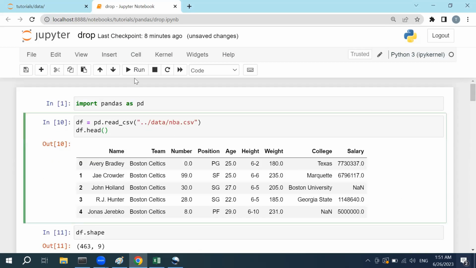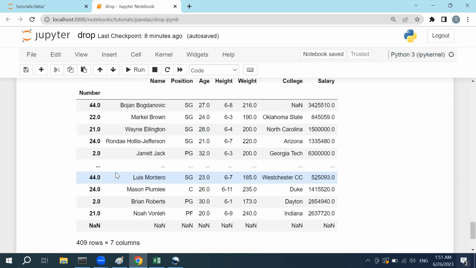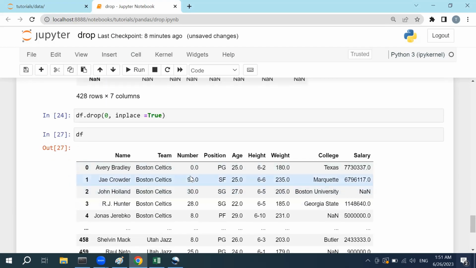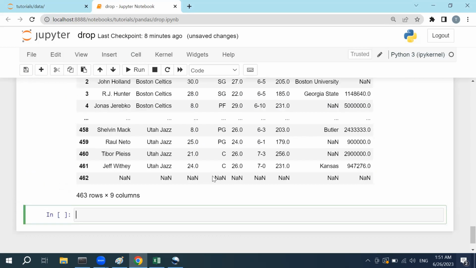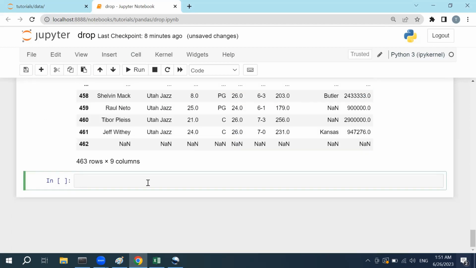I will not reset it, I will just refresh it in order to make it simple for you to understand, and call it again. You could see we have called this data frame again, and we have this number with the floating data type. Before deleting or setting this number as an index, we should first convert it to the integer by typing df number equals df number